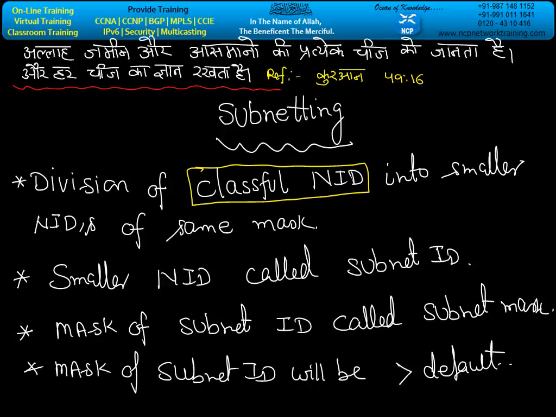In simple language, class C has default mask 24, B has default mask 16 bits, A has default mask 8 bits. Any number belonging to its class having the default mask is classful.